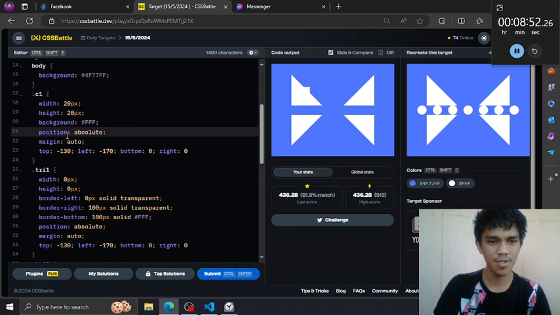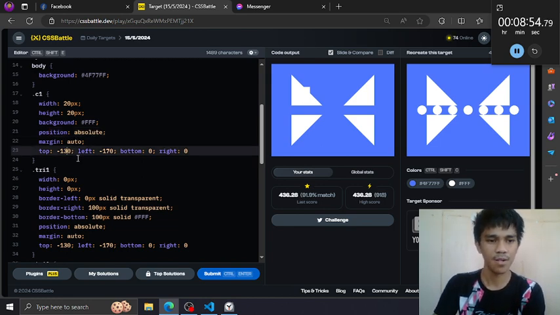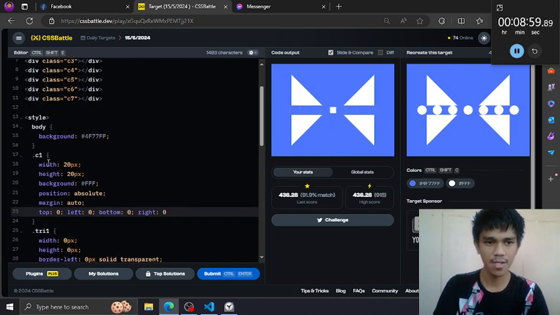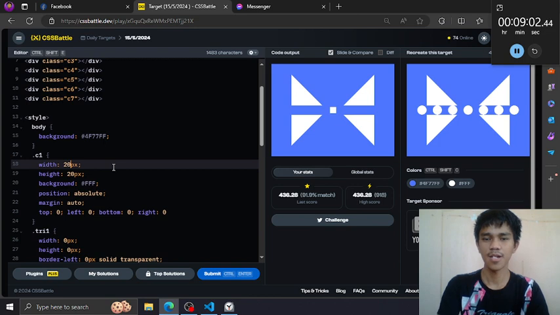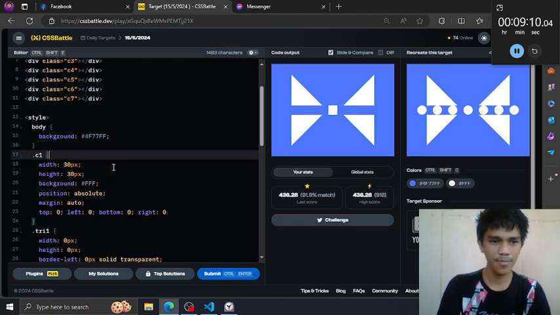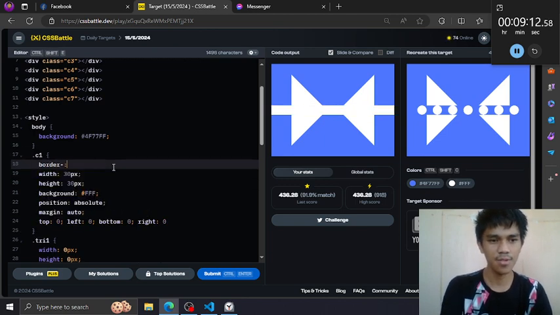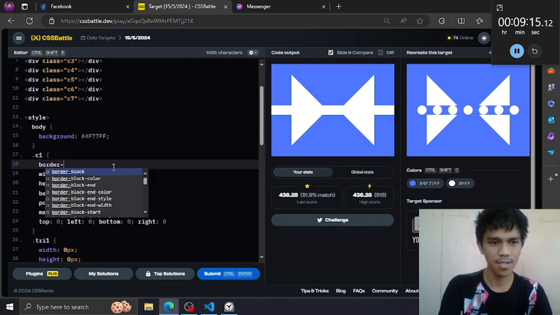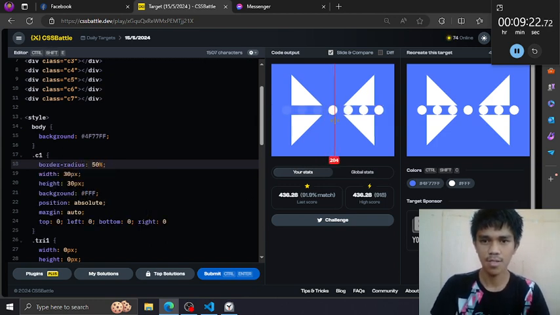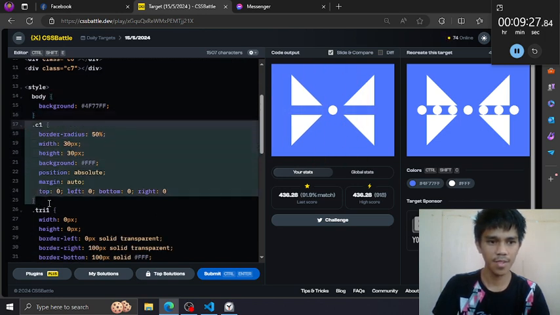So position absolute, margin auto, and all sides must be 0 to make a center element. So as you can see, our square is smaller, so let's make it bigger like that, and put a border radius to wrap this up. Make a circle. Radius. Guess that's enough, and repeat this 7 times.